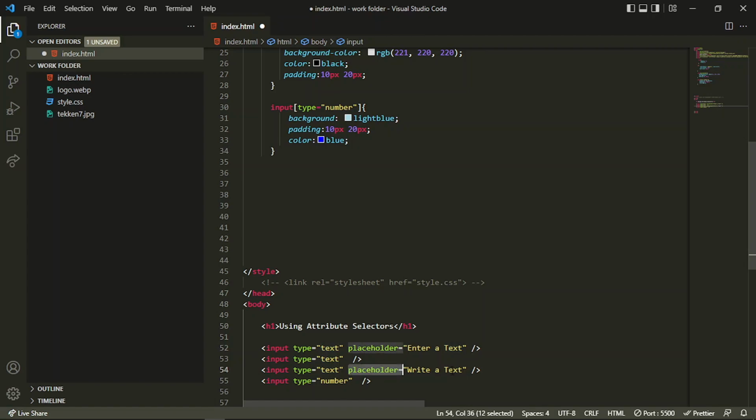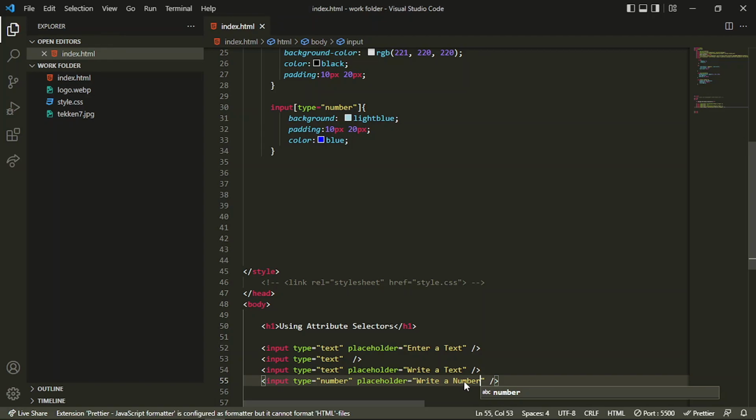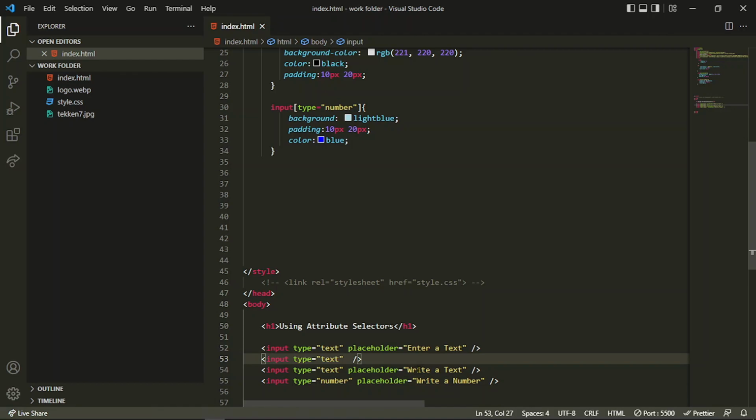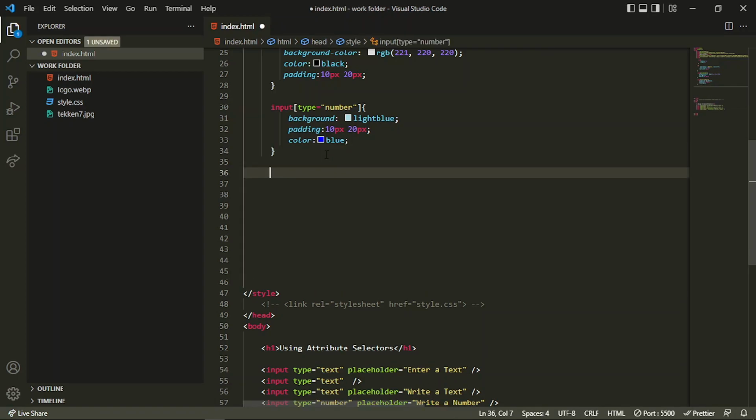If I add a placeholder here as well, let's say I write number, so this is "write a number" and this one is "write a text", right? I want all those elements which have this text keyword in their placeholder to be styled. So how can I catch that particular word only? That I can do with the help of